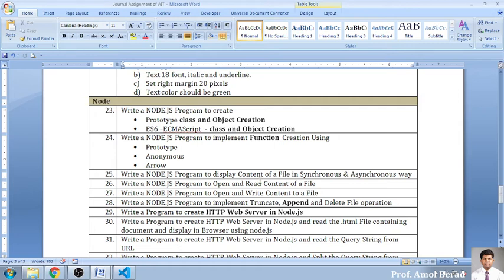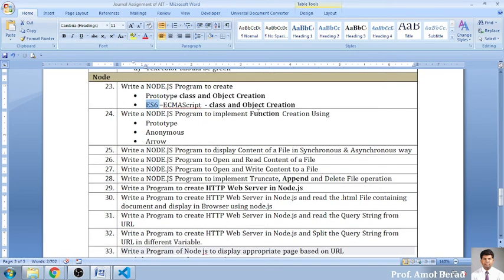So basic, whatever things are there on those parameters, we have already created the assignments. I have already shared them with you yesterday, but still for revision we'll be specifying that the things I have covered in my lecture are all specified in the form of assignments in front of you. So whether it is the creation of a prototype with the help of class and object, or the implementation of class and object using ES6, we have already done it. Functions we have created using prototype, anonymous and arrow, all three ways. How to create functions, I have covered that in the assignments too.